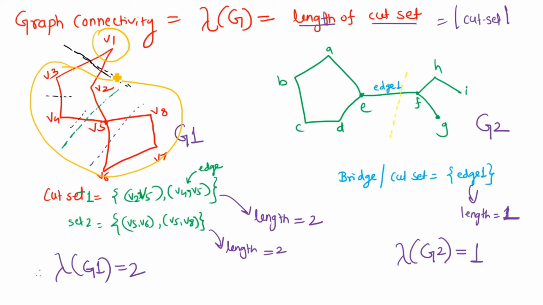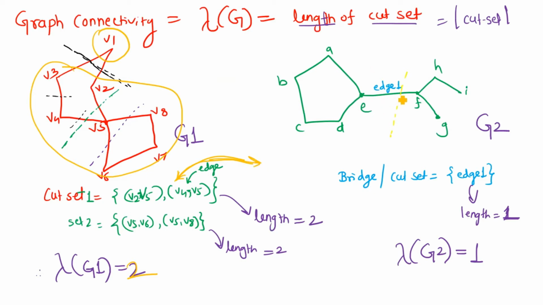Now this smallest number of edges is your cut set. So what are these edges? The edges are v1 v2 and v1 v3; the edge names could be anything, we just want the number of edges. Here, if we remove the smallest number, two edges, your graph gets disconnected into two or more portions. So lambda of G, the edge connectivity of the graph, is 2. This is the size of your cut set, how many edges you have in the cut set.